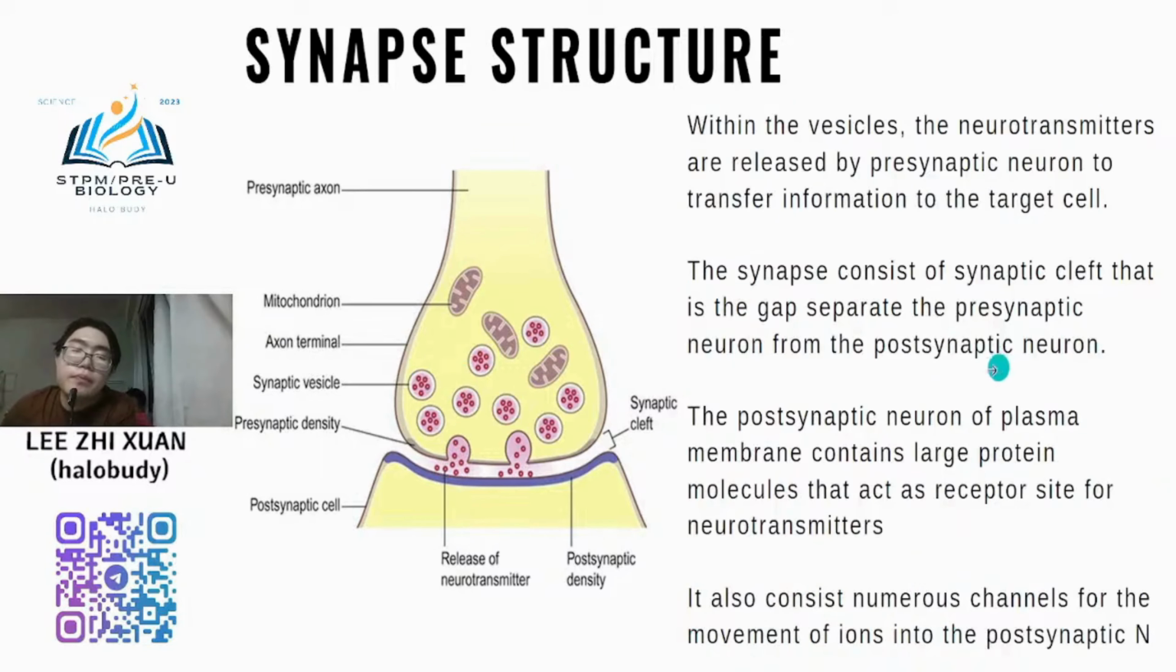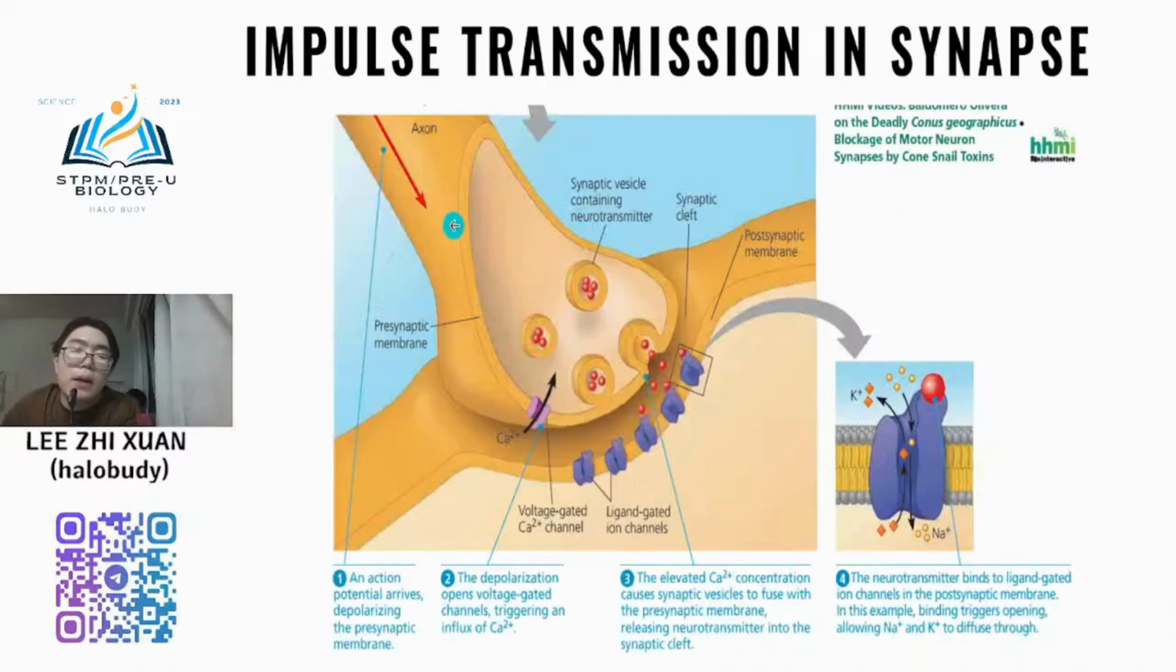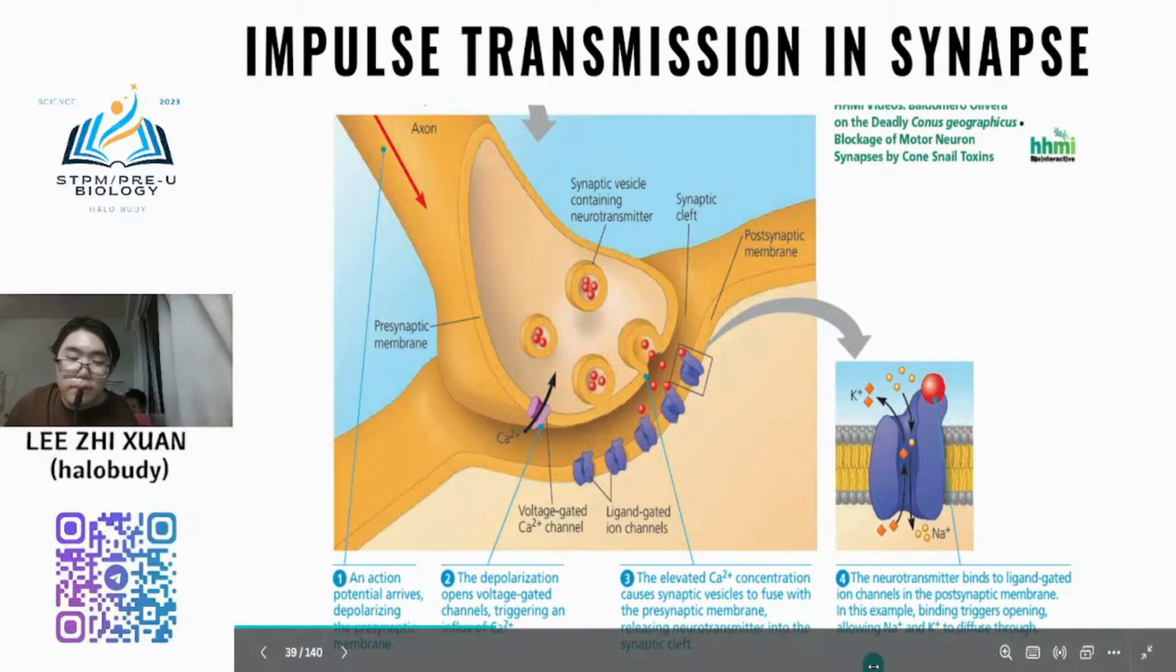So this is just a general structure of the synapse. This one I don't need to waste time on here. Impulse transmission, I think you also learned this in SPM Form 2. So if you talk about impulse transmission,